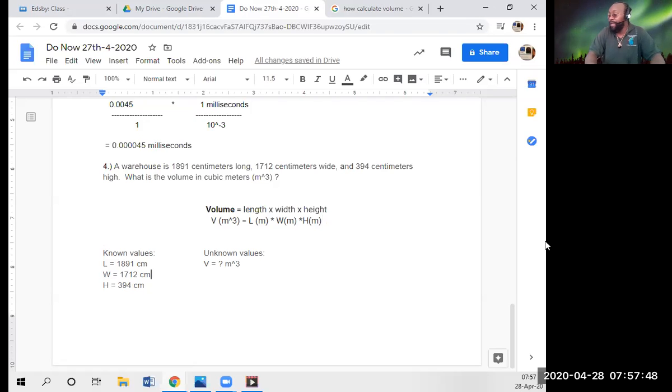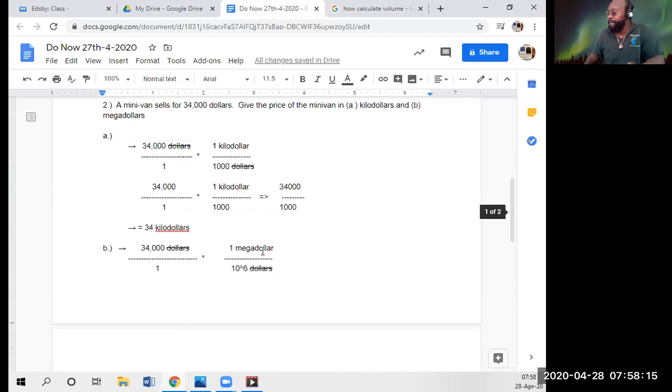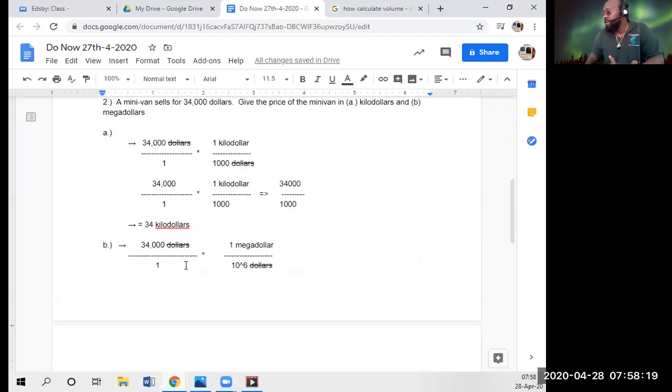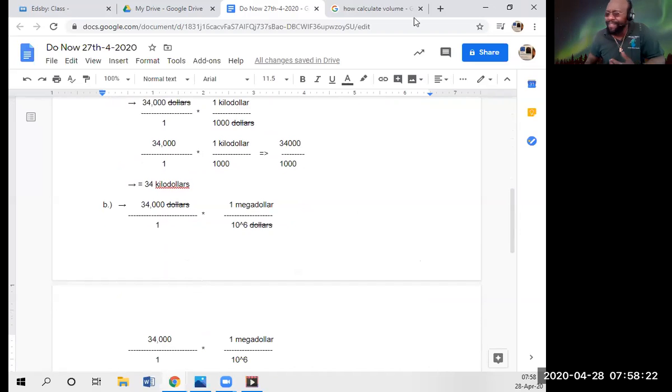Now, let's come all the way down. Our next issue is our length, width, and height are all in centimeters. Please do not take these numbers and just automatically throw them together, all right? When you do that, you end up making life hard for yourself because the material gets harder, and when you cut corners, you pay for it in the end. So let's delve into what centimeters actually is. We discussed this a while back, and this is yesterday's work. So remember, there's a millimeter, there's a kilo, there's a mega. What is centa?